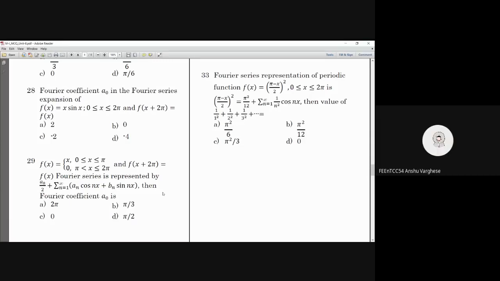No, ma'am. Because it is not having midpoint as 0. That's why you have to go for, yeah. So what is A naught? A naught is equal to 1 by L integration 0 to 2 pi f of x dx. So what is L? L is 2 pi here because your entire function is between 0 to 2 pi. It's full range example. So L is equal to pi. So 1 by pi integration 0 to 2 pi x sin x.